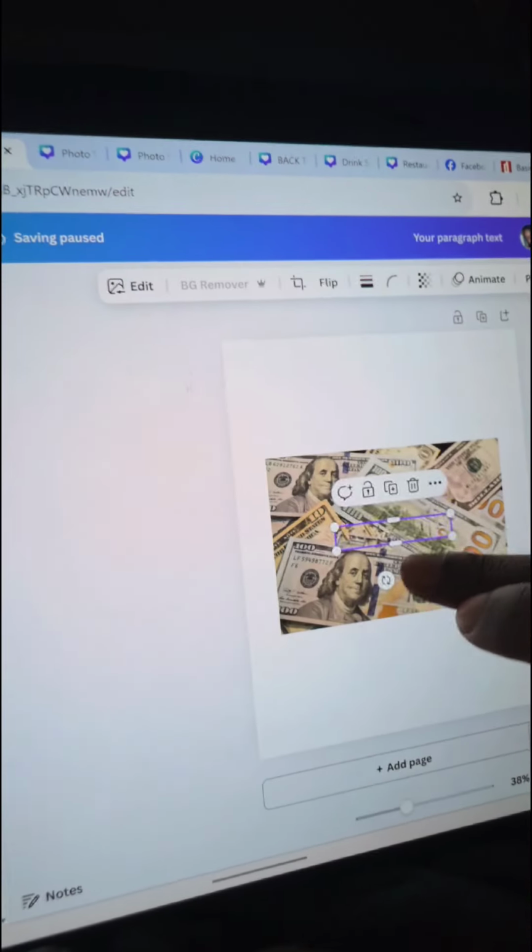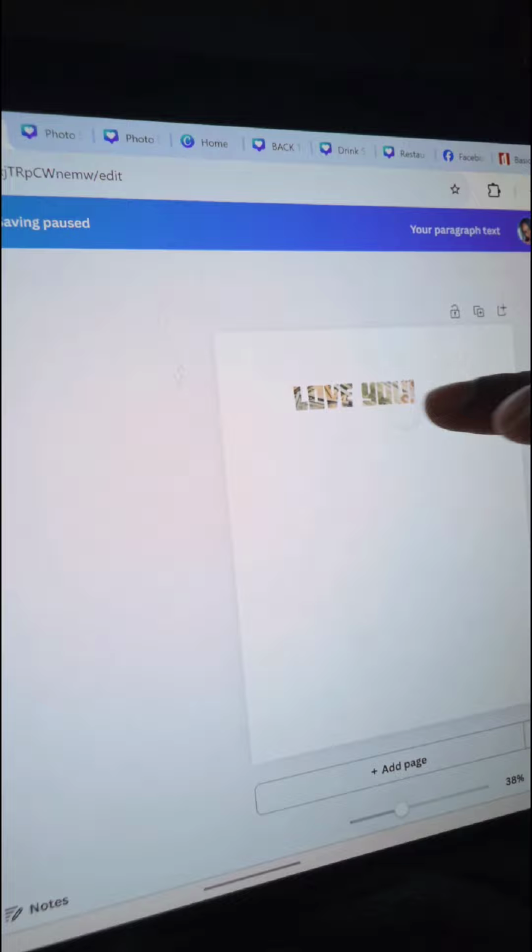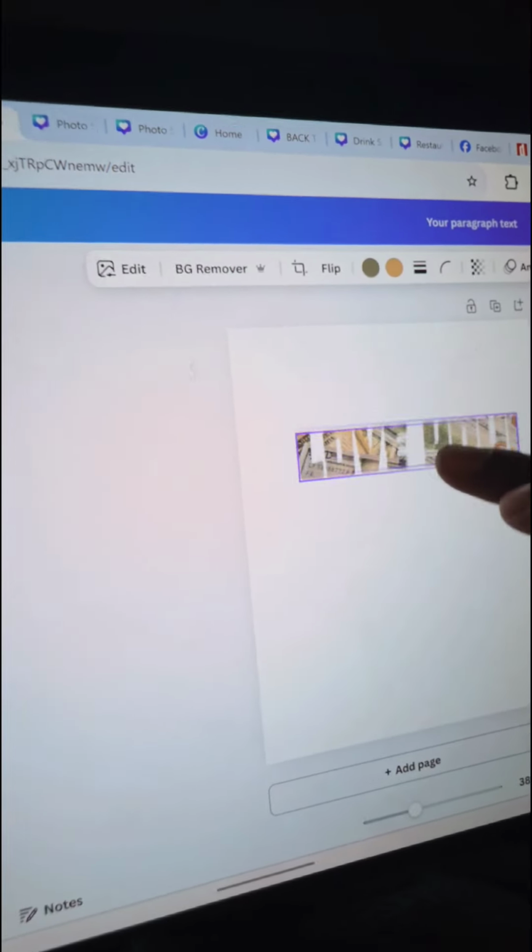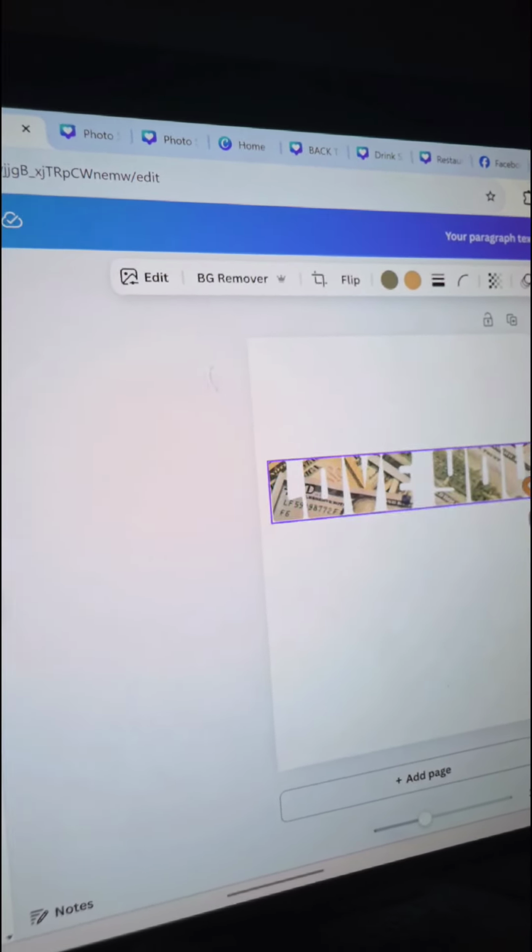If you don't see it when it comes in, no worries, just move it. It's there. Stretch it out and you can save it. You can either go ahead and start designing just like this